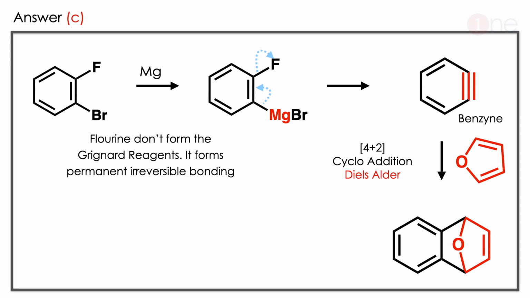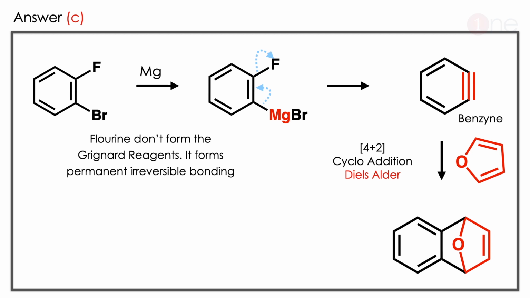Then the charge has to be quenched, so the fluorine leaves and the ring system has to be closed there. So the triple bond is formed, which is benzyne. So the unusual combination here: benzyne is formed by removing the fluorine. So the double bond is there, and you have a conjugated double bond in the furan. So 4 plus 2 cycloaddition is possible. So the cycloaddition forms and the C product is formed here.